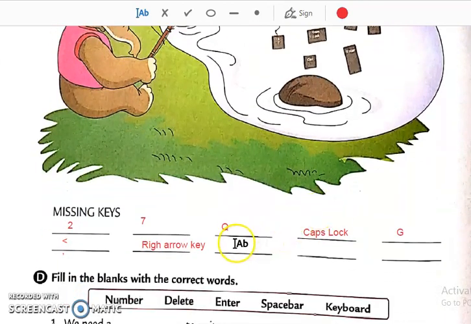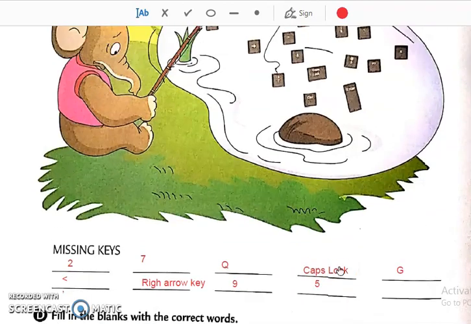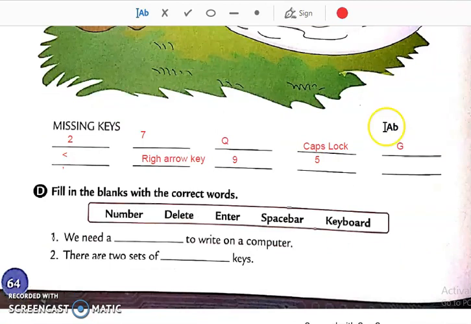So write over here. Yes. And over here 5 is missing. And which one more key is missing over here? See, this is the enter key. So we'll write over here enter.